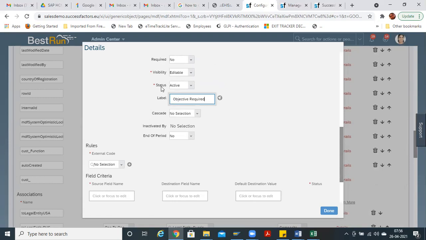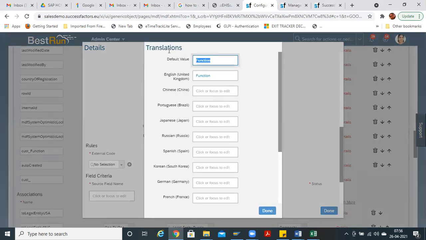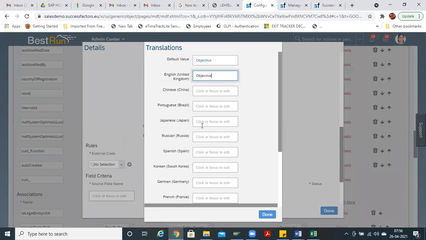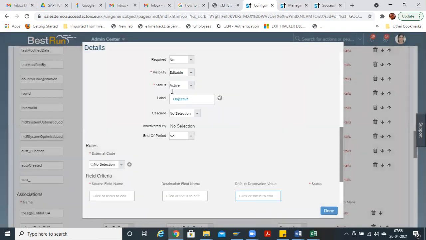Now come here and make the label as objective. No, not this. Make it objective. And wherever the translatable icon is there, you have to come here and change these values.